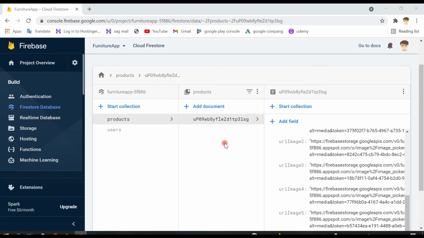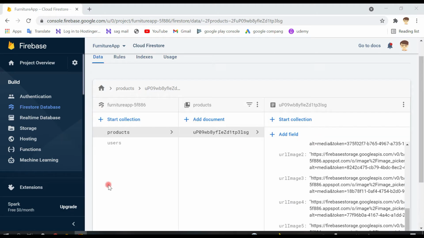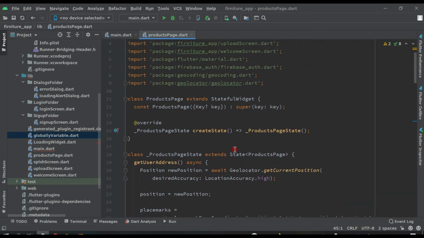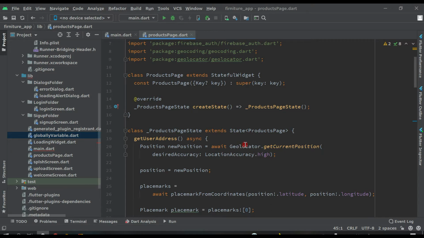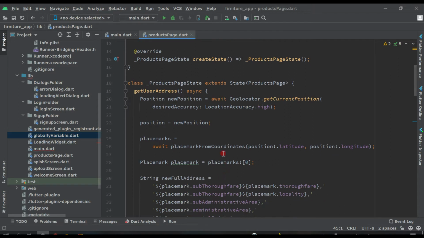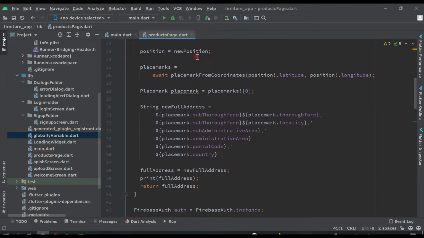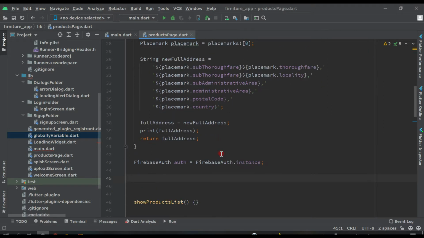In the previous video, we have successfully added the data to our Firebase Firestore, which we are getting from the user, as you can see here. So in this video, we will display the ads on our application. I mean, the user will post any ads and we will display it on the application screen. So for that, we have to create one function, and here on this product page dot.